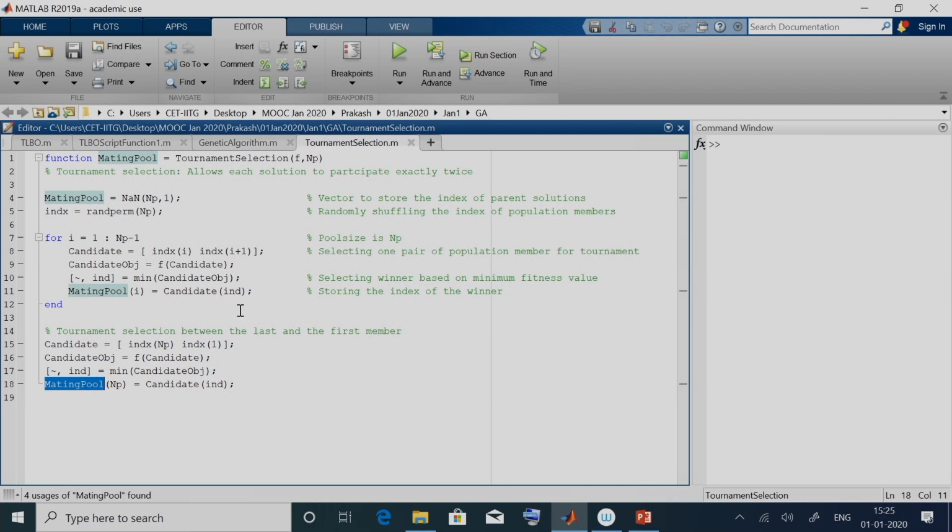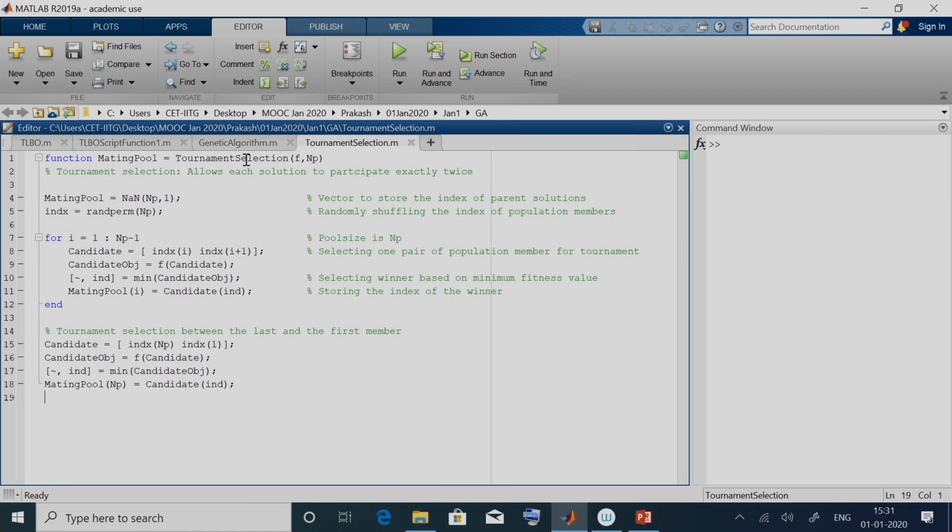It is a binary tournament, every member will be able to participate exactly twice using this code. That is why k is not given as a user defined parameter. Inherently we have assumed k to be 2 when we wrote this piece of code. That completes our discussion on tournament selection.